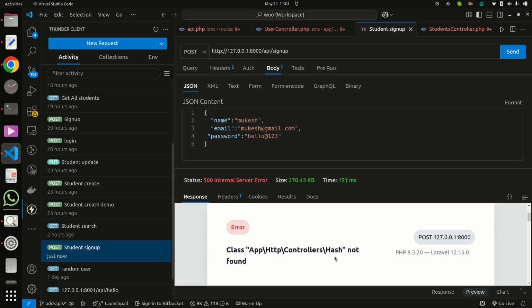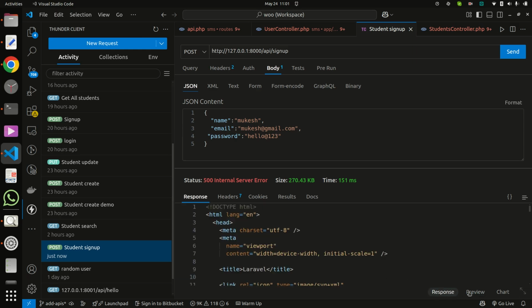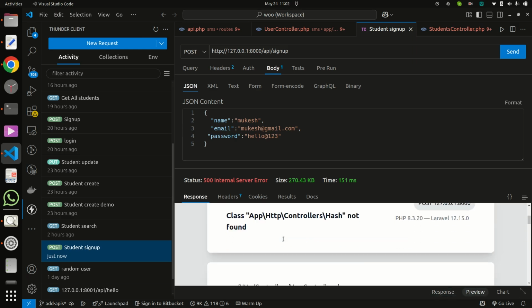Okay, has method not found. Thunder Client gives an option to check the preview also, like the response is this but the preview is this. So it is saying the has method is not available.